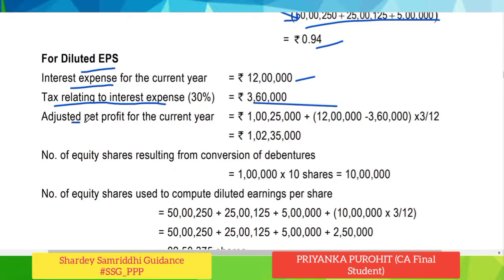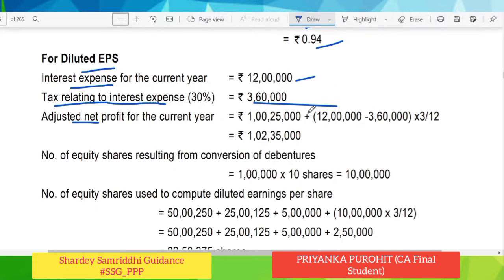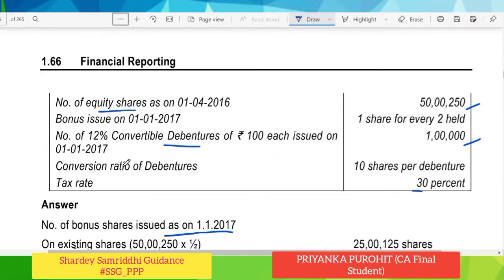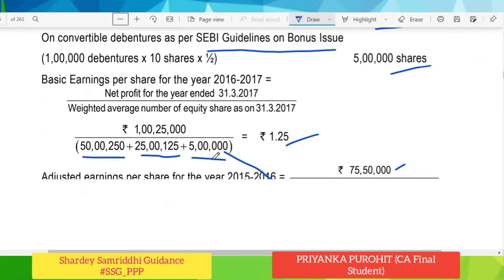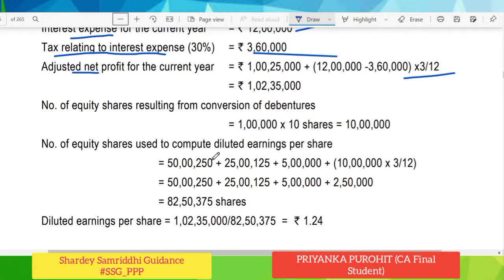So the adjusted net profit for the current year would be 1 lakh 25,000 plus this 12 lakh minus 3 lakh 60,000, and this will be only for the 3 months. Why 3 months? Because the convertible debentures as well as bonus are issued on the 1st of January 2017. So only 3 months, Jan, Feb and March are to be considered, and hence it's only 3 by 12, which will give us the adjusted net profit, because this profit is only for 3 months